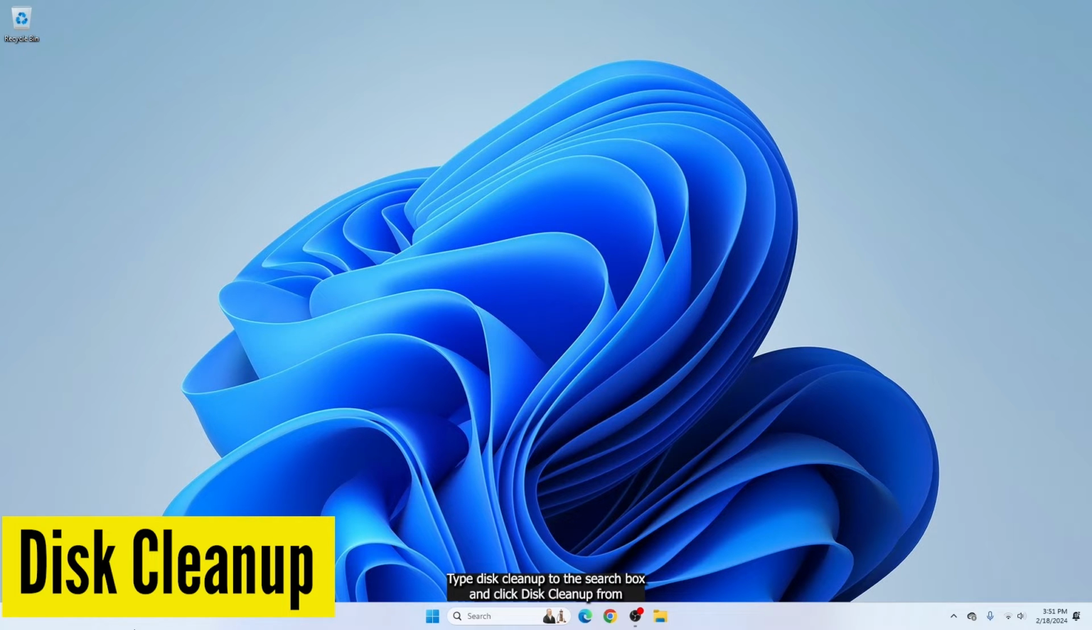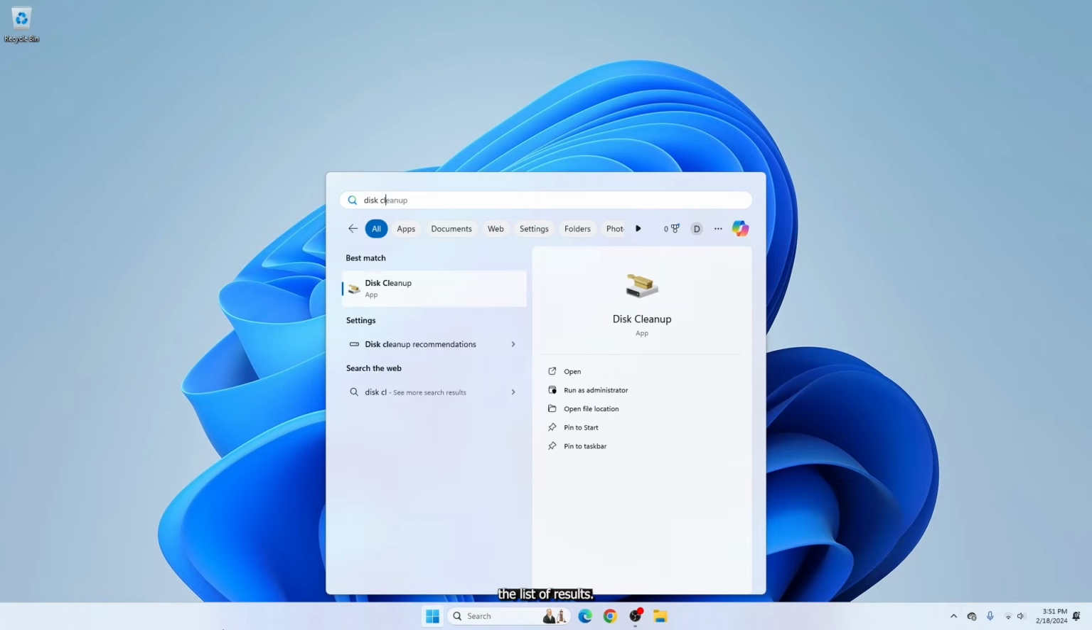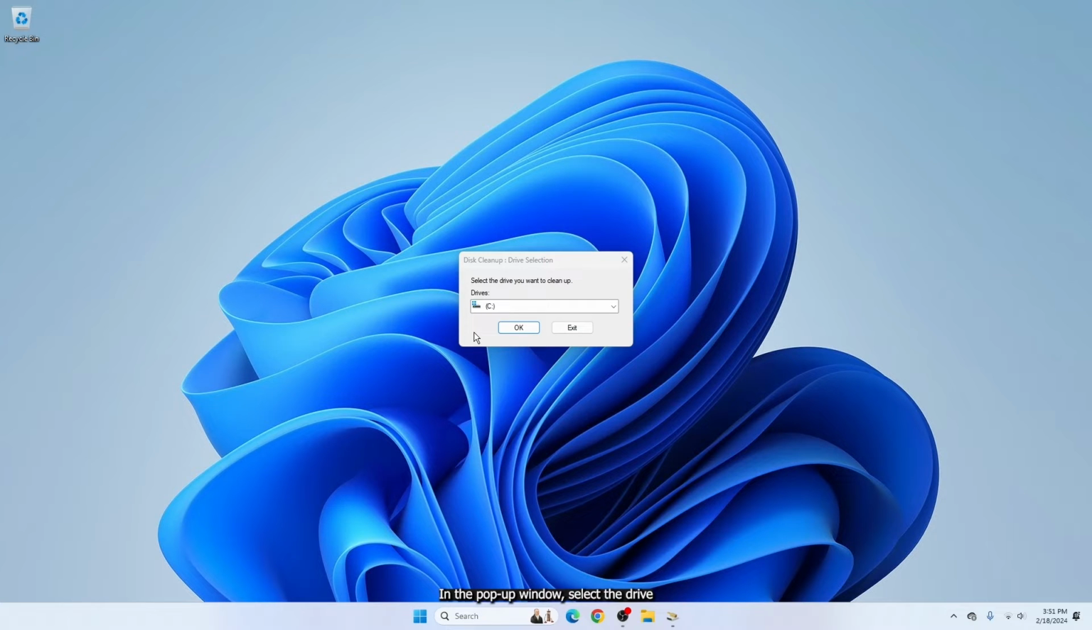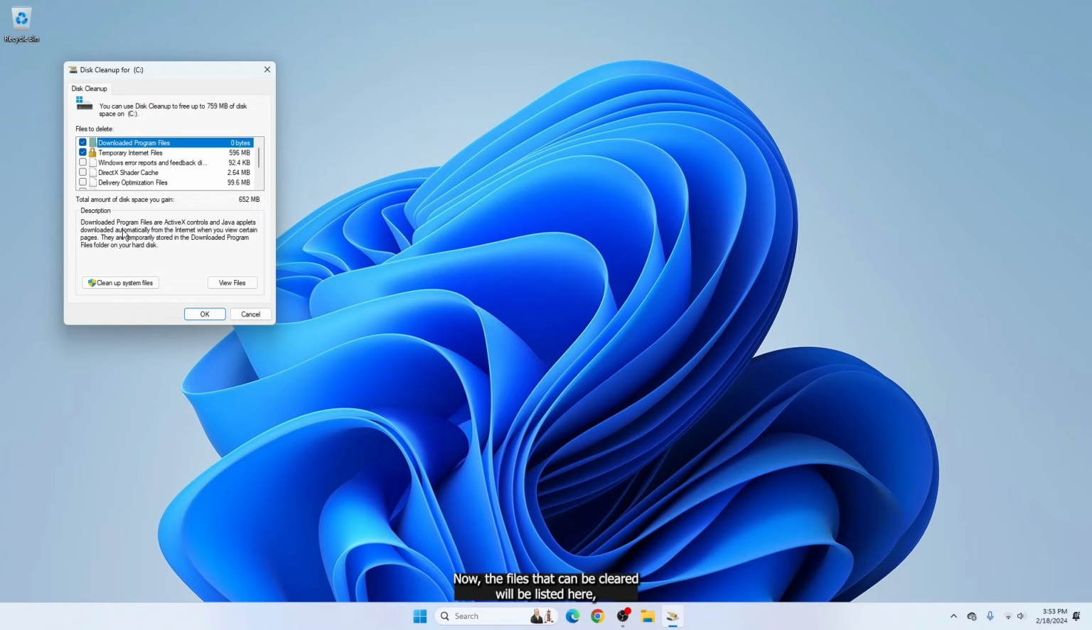Type Disk Cleanup in the search bar and click Disk Cleanup from the list of results. In the pop-up window, select the drive you want to clean up from the drop-down menu and click OK. Now, the files that can be cleared will be listed here, and you just need to check the items you want to delete. Click Clean Up System Files,